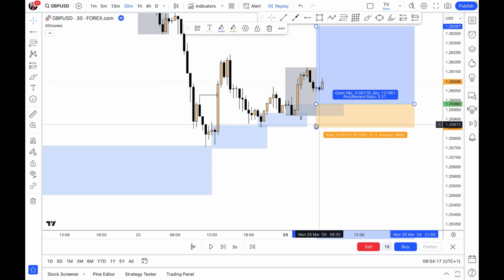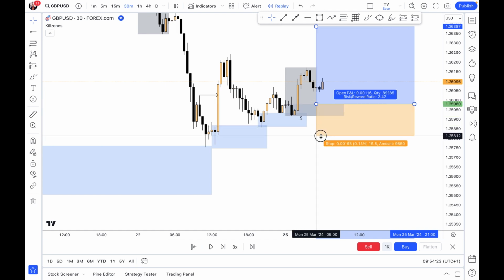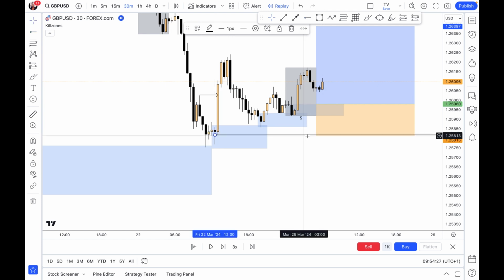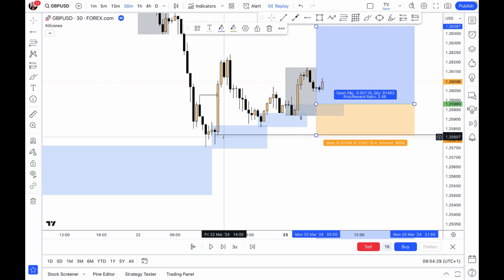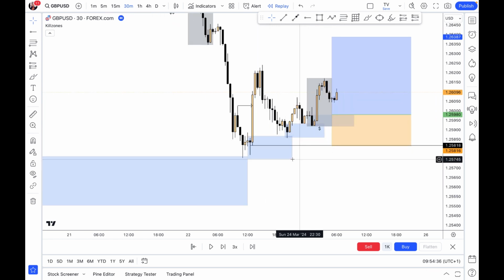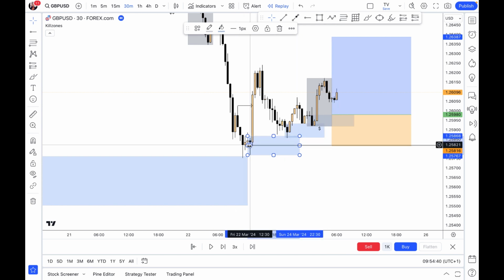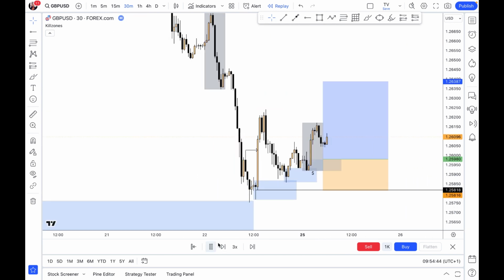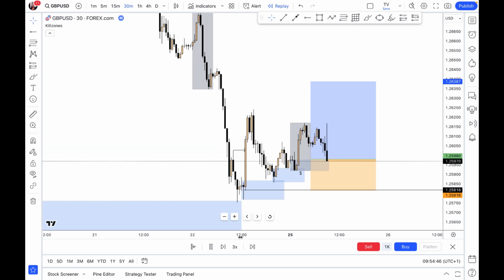But because of this liquidity, and I don't know how far markets can actually pull down, I decided to have my stop loss at this level right here. Okay, which was right here. Noting that this has already been mitigated by this candle right here. So if we continue buying, I do not actually expect price to go beyond this low right there. And market did tap, and